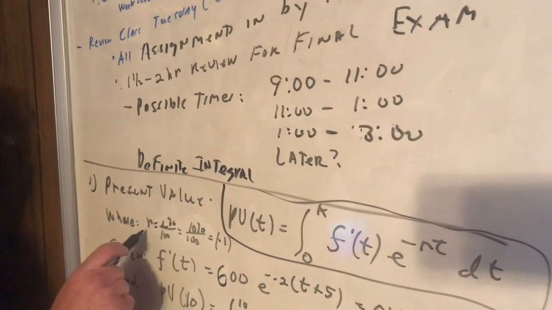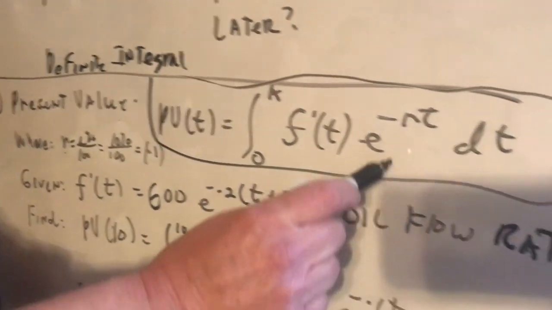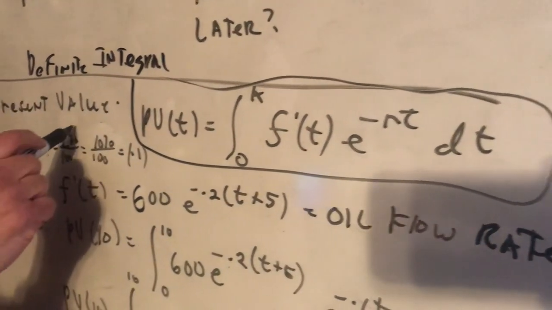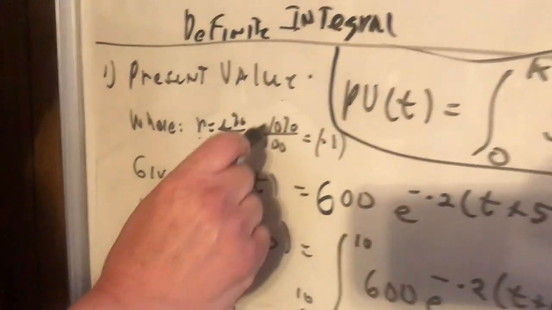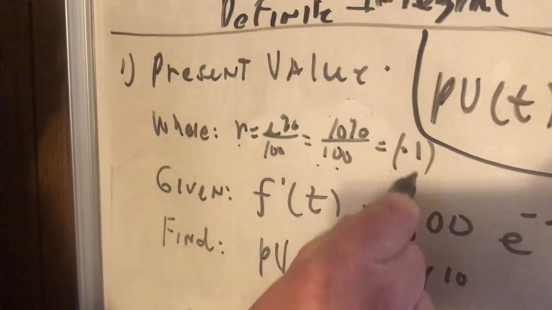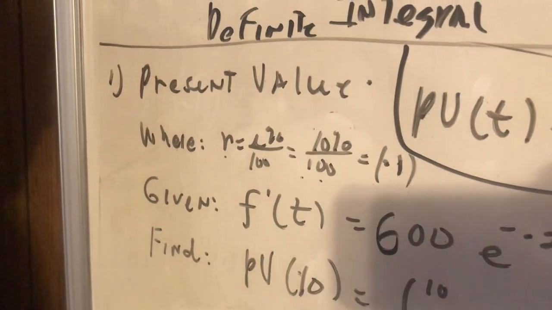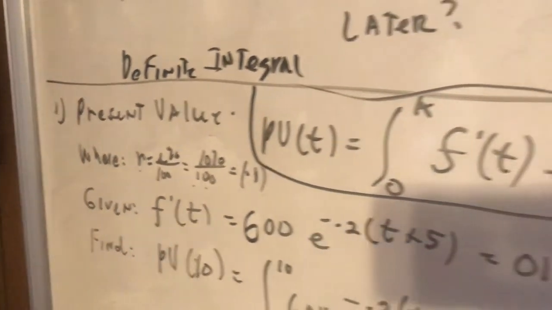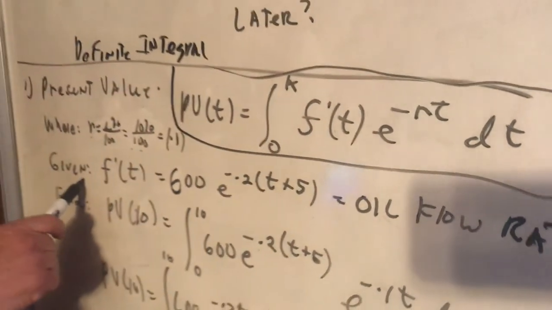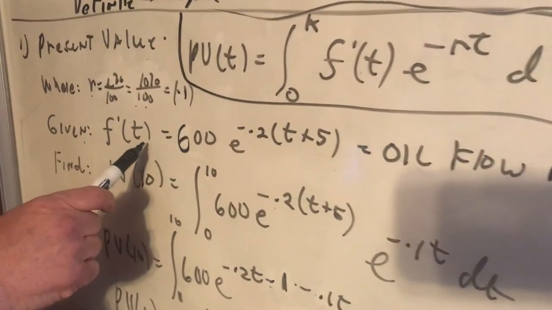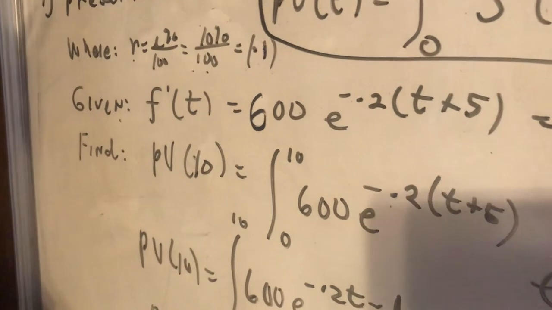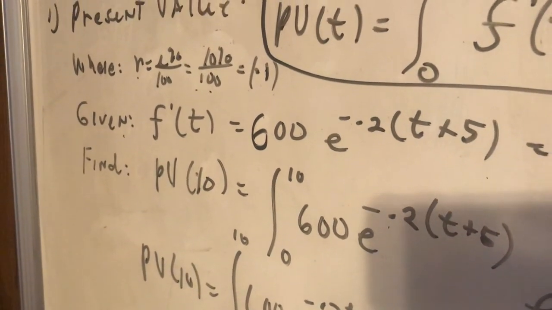We have here R, which is the percentage interest divided by 100. The interest in this problem is 10%, so it's 0.1. I've written it small because I did go over this problem the last time. Now, we're talking about income generated from oil,